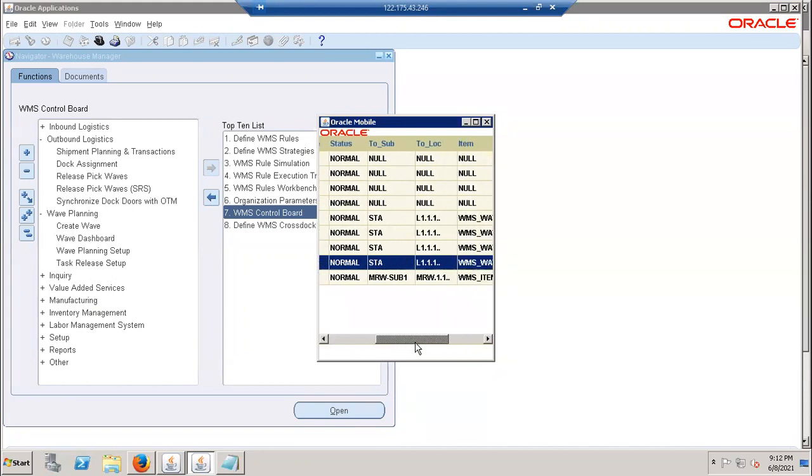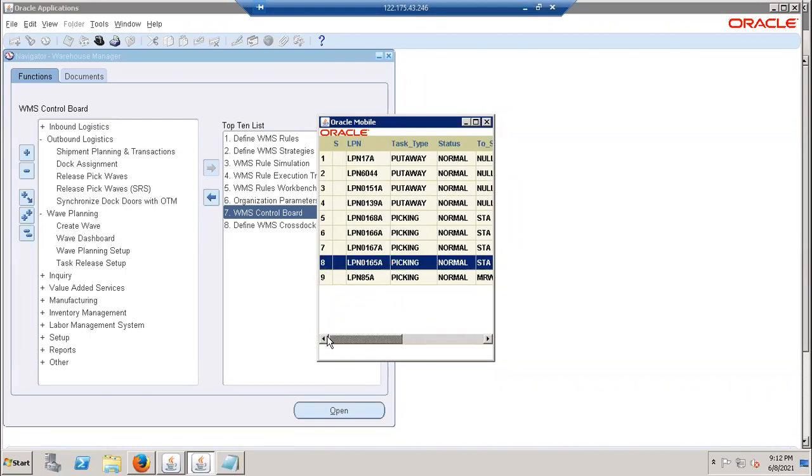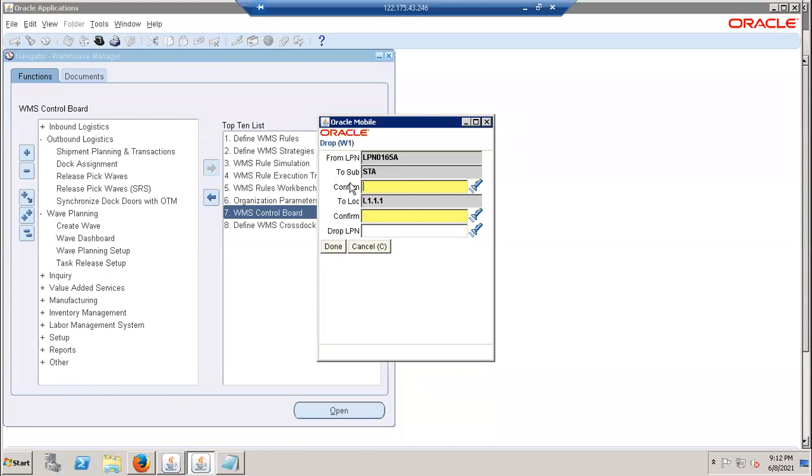Okay, that now automatically will reference, right? That we have loaded. Now we are going to drop it. So that's the reason we have selected the transaction. Select that. Drop. Wait. You confirm your staging. Give location. Just click on drop LPN. Just give the same LPN. 1658. Okay, done.